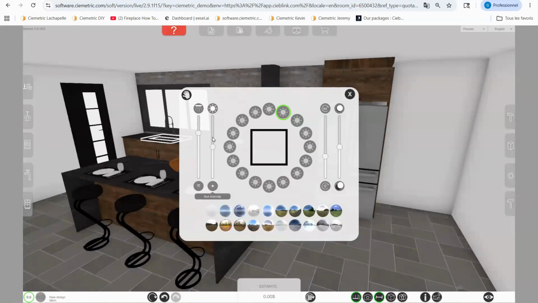You have the sun intensity that you can change. You have the sun rotation. So if you have a patio door or you want to have the lighting coming in a different way in your kitchen, you can just play with the lighting here. So if I just change it, for example, in this way, and I close it,